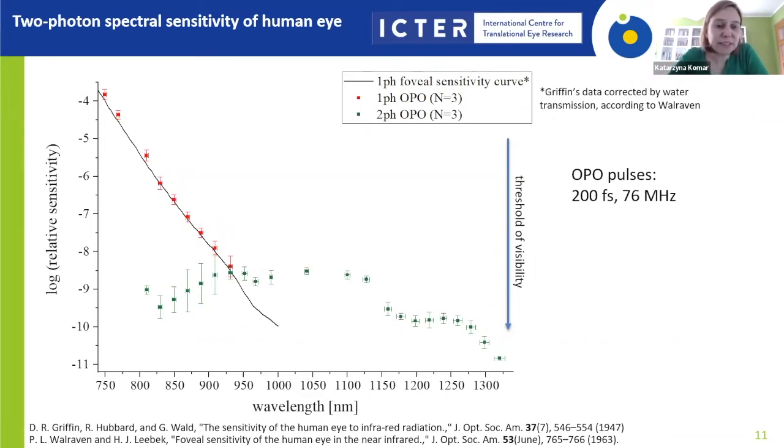The OPO system works very well, but there are some problems with obtaining wavelengths in this range, because this is the fundamental wavelength of the OPO pump. Here is the end of the signal beam, and here is the beginning of the idler beam, and there is no physical possibility to obtain wavelengths from that range. And this is a very interesting range, as you can see, because it is close to the maximum. So we decided to